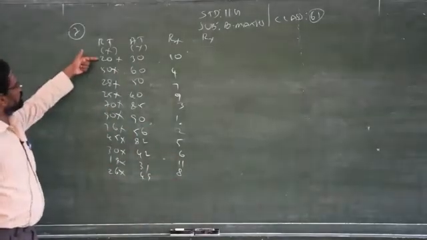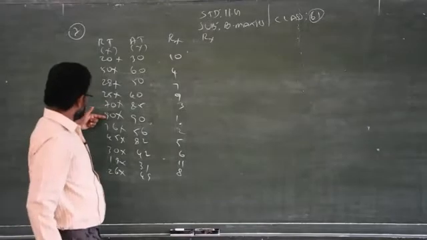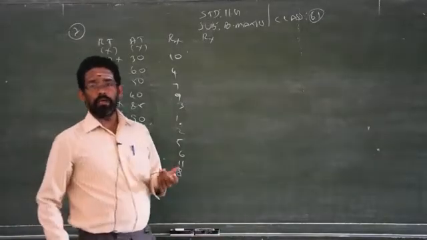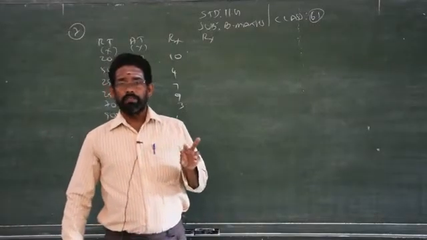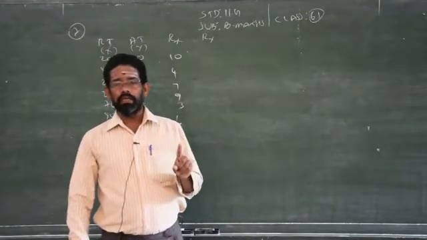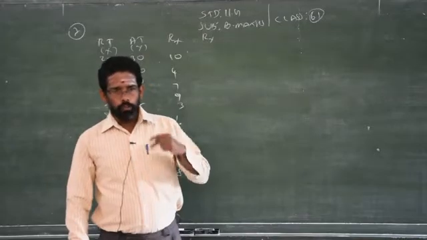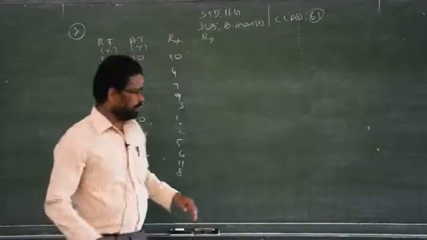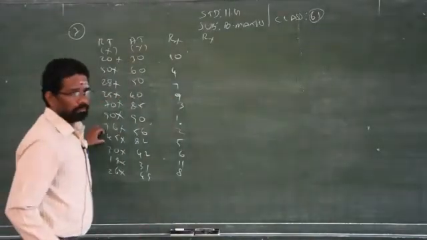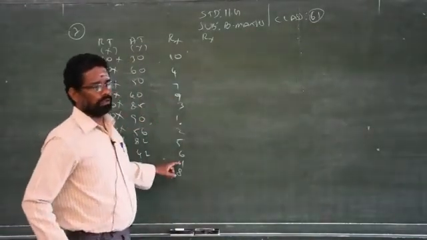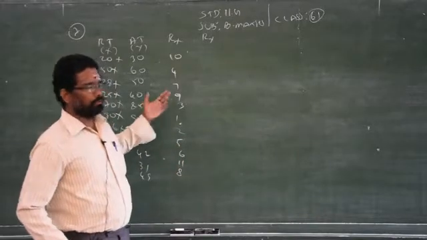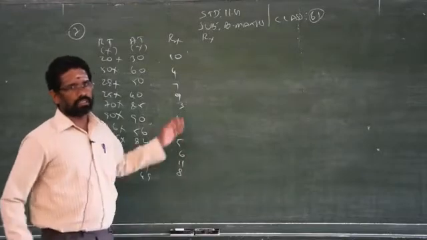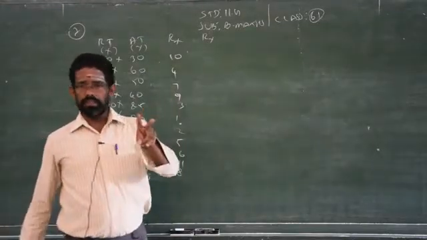We have 11 members: 1, 2, 3, 4, 5, 6, 7, 8, 9, 10, 11. So you have 11 ranks. Sometimes you may have the same mark, 90, occurring 2 times. In such a case, you have to give the rank 1, 1. But if you go for the next value less than 90, don't give the rank as 2. You have to give rank number 3. Clear? When the same mark is repeated 2 times, you have to give the rank 1, 1. But when you go to the next number, you have to give the rank 3. Don't give rank 2, because we have already allotted 2 persons as rank 1, 1.